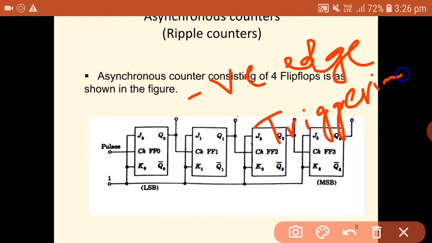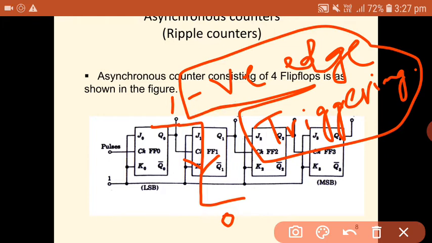That means whenever the clock is changing its state from logic high to logic 0, at that instant of time the outputs of the flip-flops will be changing depending upon the J and K inputs. Since J and K inputs are always equal to 1, whenever clock input is changing from 1 to 0, that is negative edge triggering,